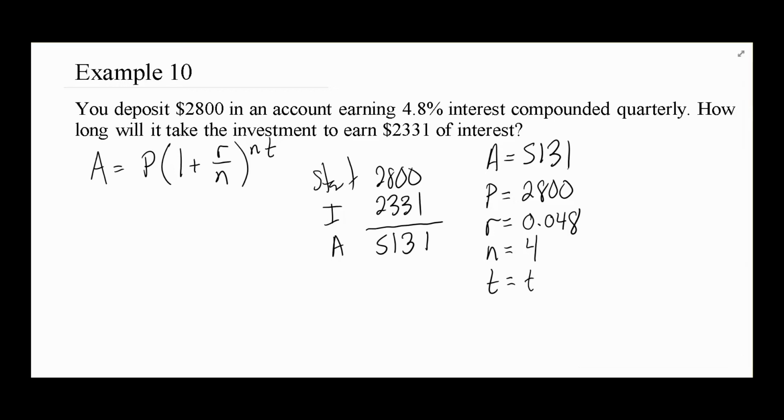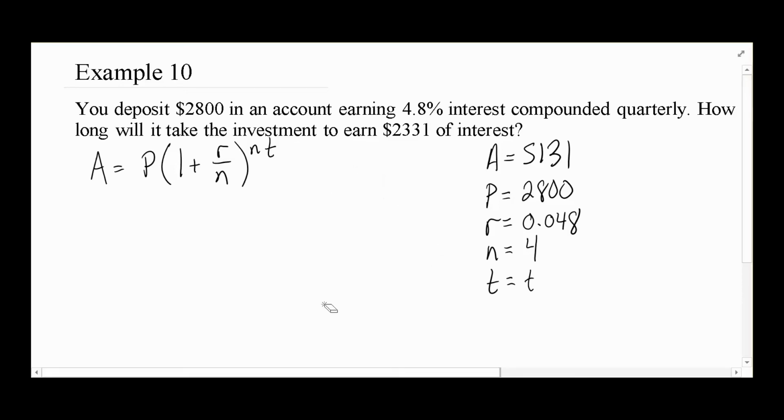Make sure to use a little bit of common sense on these problems. Think about really what's going on in these problems and say, A is how much I end with. If I started with $2,800 and I end with $2,300, I lost money. That's not good for an interest-bearing account. So think about these and make sure they make sense. So we're going to plug 5131 in for A,